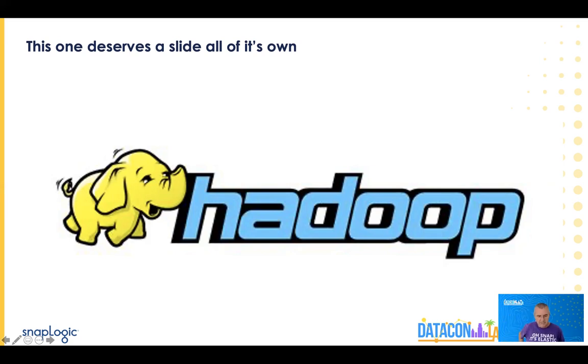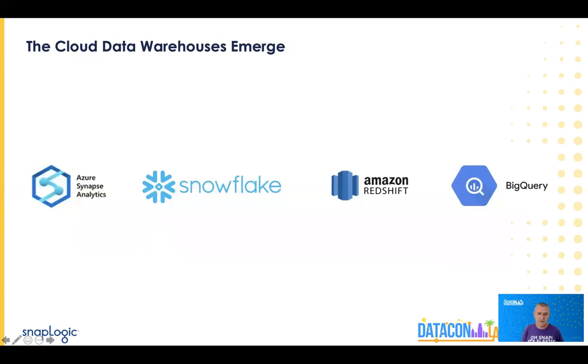Unfortunately, it had some challenges of its own in terms of the stack that it was running on. And as we saw, it pushed a lot forward in its time. It's still in use quite widely, but it also has been overtaken by some of the other things in the environment. And that's where the cloud data warehouses come in. And the cloud data warehouses, the likes of Redshift and Snowflake, have evolved to provide that query offloading capability